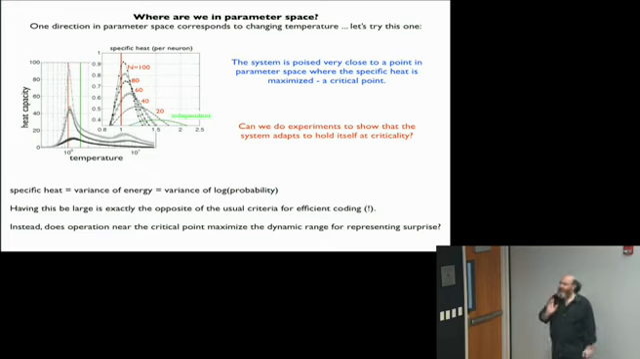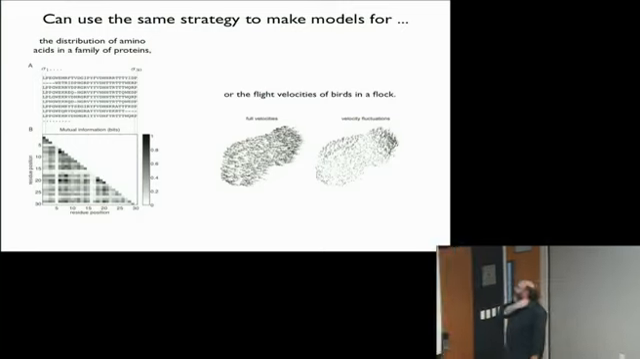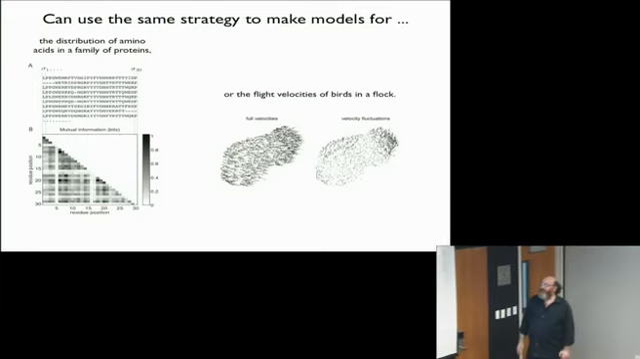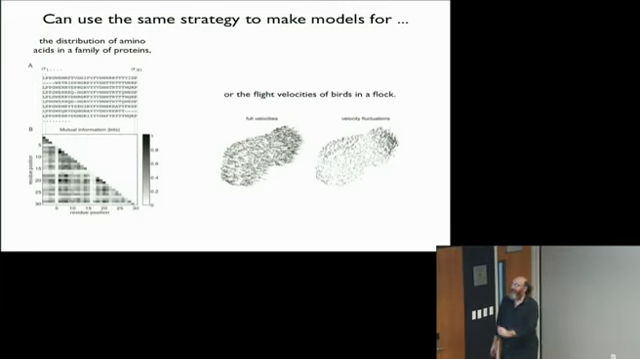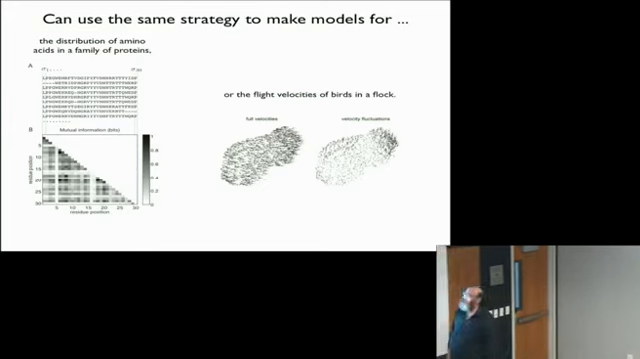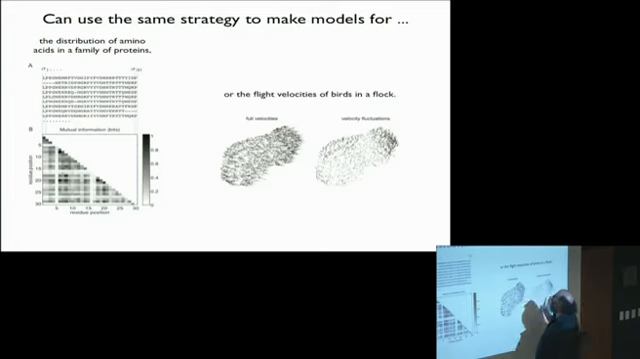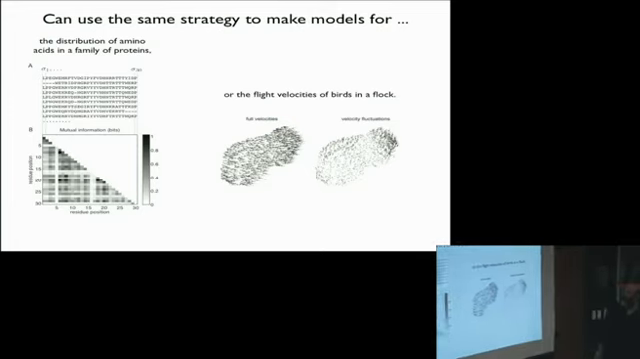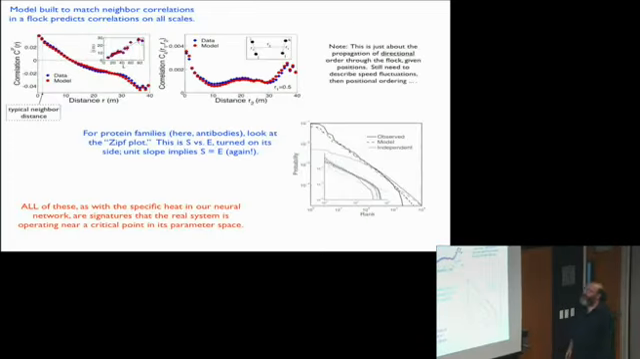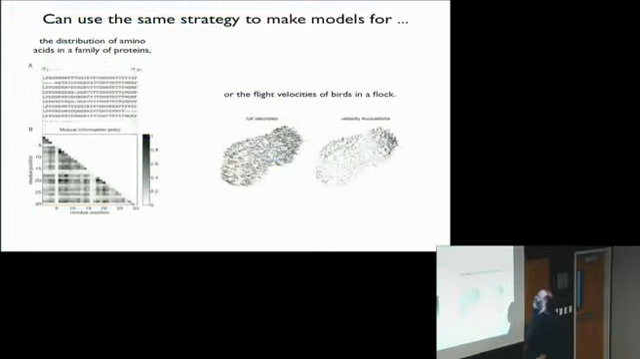Let me go a little further. I want to spend a couple minutes telling you that you can do the same thing in other contexts. I mentioned the problem of families of proteins that have different amino acid sequences, and I pointed to the example of flocks of birds. So how do I do this for flocks of birds? Well,